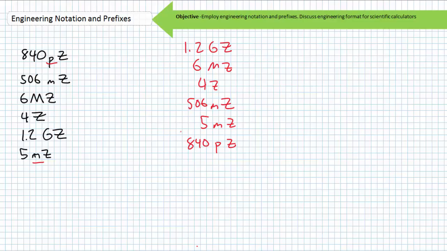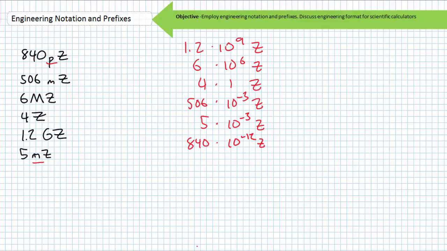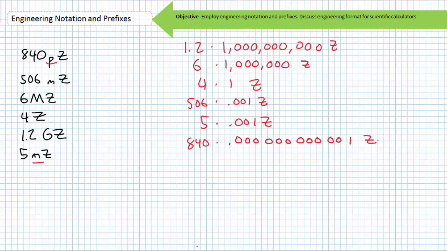Now we can break these properly ordered entries into their natural equivalent. All we have to do is replace each prefix with the appropriate power of 10. A giga is 10 to the 9th. A mega is 10 to the 6th. The entry using no prefix is multiplied by 1. The milli entries are multiplied by 10 to the negative 3rd, and the pico entry is multiplied by 10 to the negative 12th. Substituting in the decimal equivalents of the powers of 10 and multiplying by the coefficient, we're left